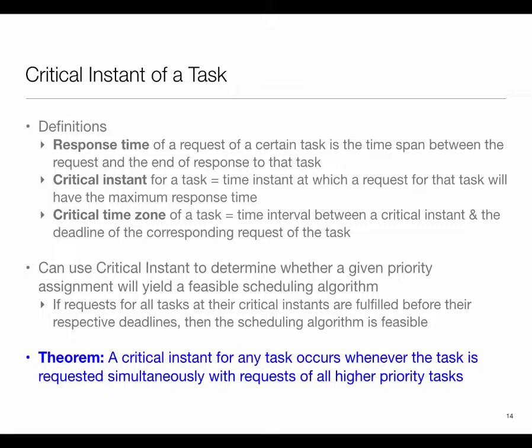Then I go to the next highest priority task, whatever it is according to my rule, and I say, let's assume this task arrives at the same time as a copy of the highest priority task. And now I simulate the system. Simulation means that I have to take into account multiple instances of the task arriving later on. I simulate the system and I see whether this copy of the task, which came at t equal to 0, finished in a timely fashion? If my simulation shows that, I'm done with task 2.